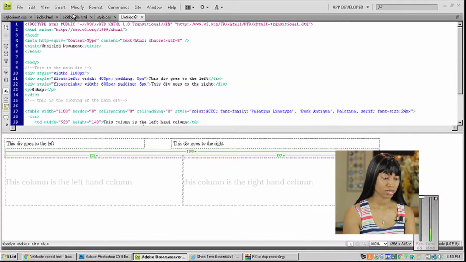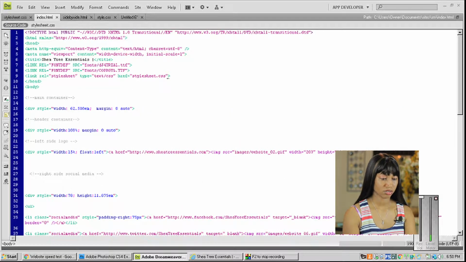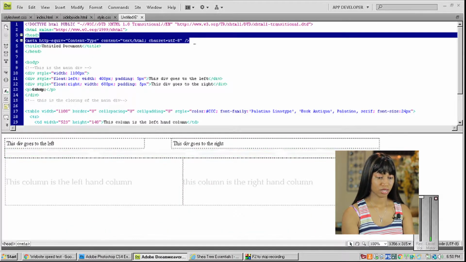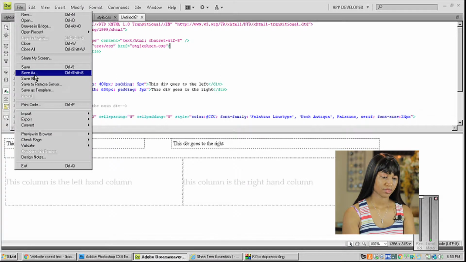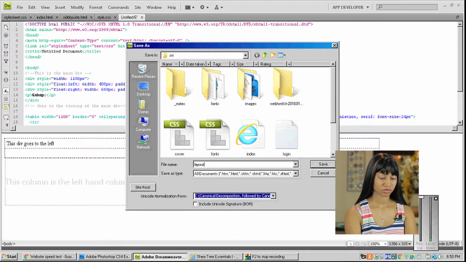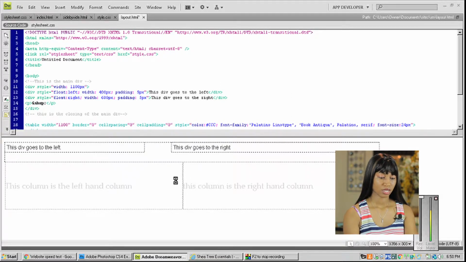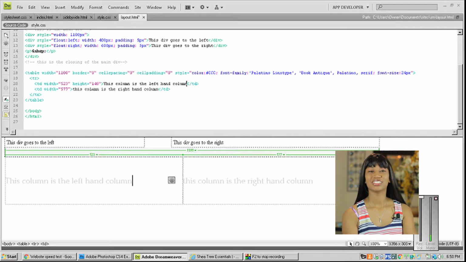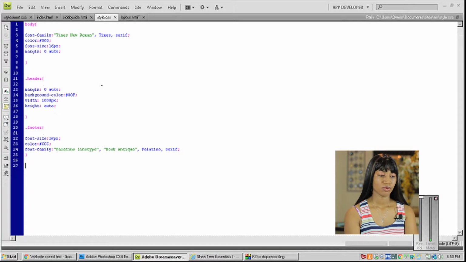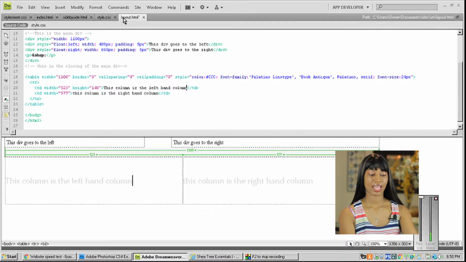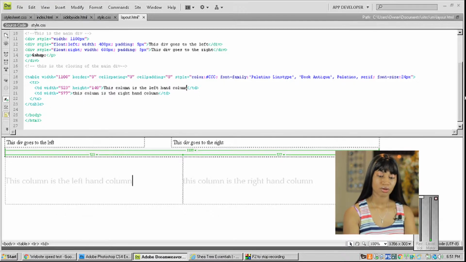Let's attach the style sheet that we created earlier to this document right here. Let me just name it layout.html. And then the style sheet name was style.css. Okay, so now what we're gonna do is, did you see how the font changed? Isn't that wonderful? It was already adapting, because we had our body as Times New Roman. So it overwrote what I had as what the text font should be. Okay, so anyways,